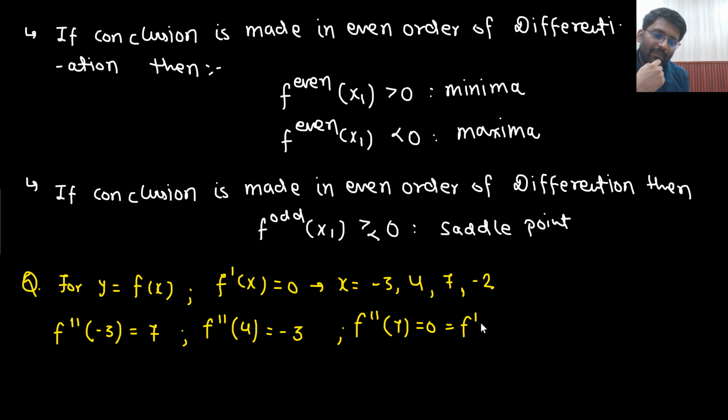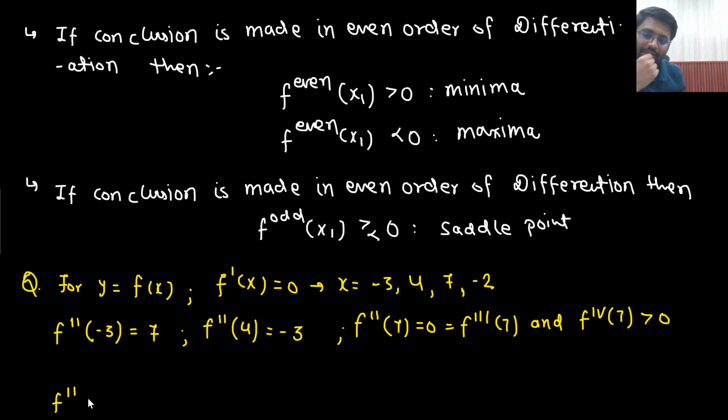Equals f triple dash 7, and f 4 times 7 is greater than 0. Understandable? Okay. And along with that, what I am writing down next is f double dash minus 2 is 0,